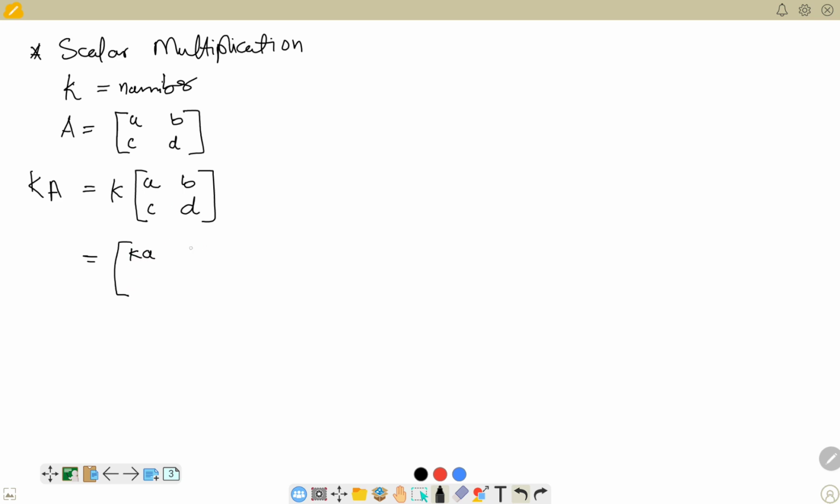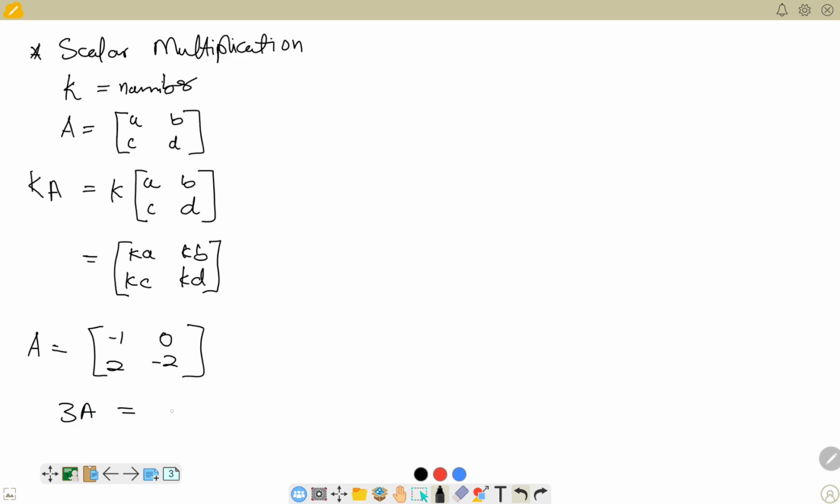Then we'll have ka, kb, kc, kd. So that's how we multiply with a scalar. It is pretty straightforward. And then we can see that if we're having something like this,